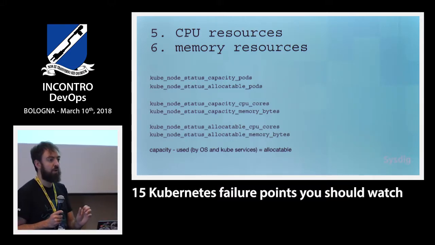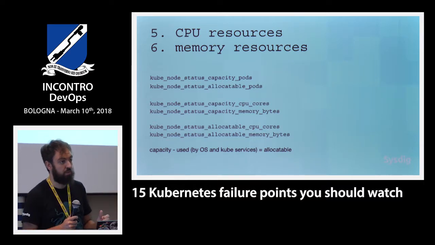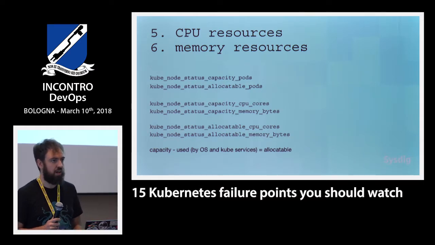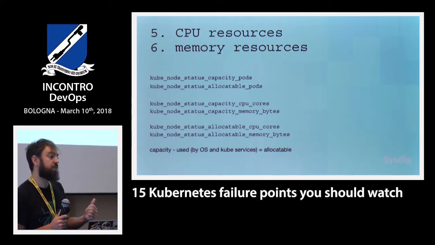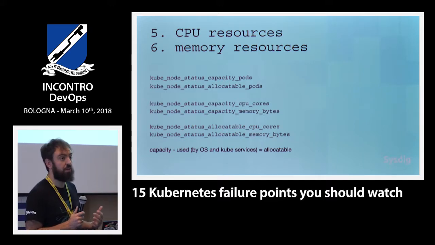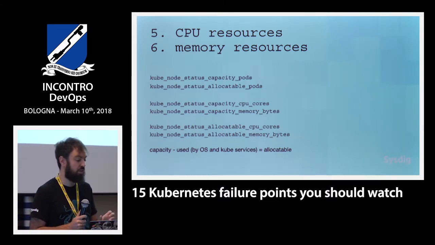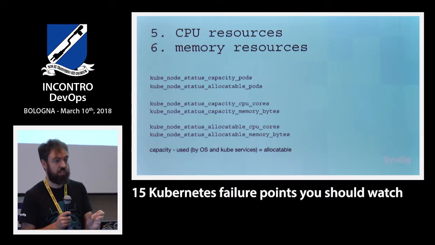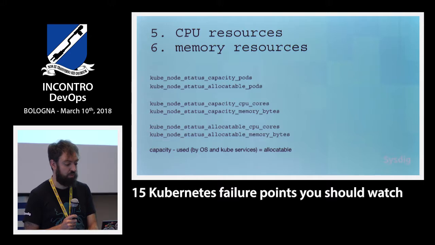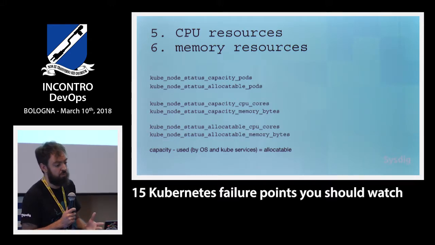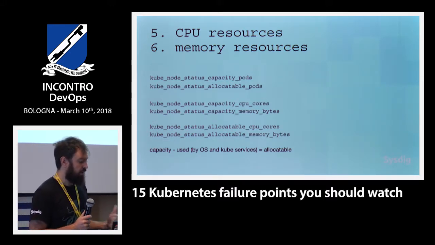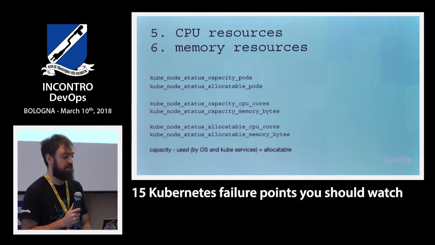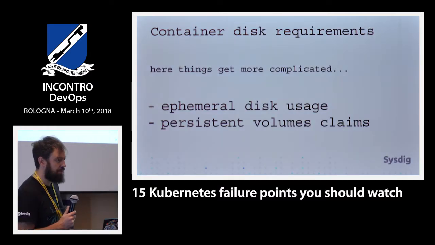We need to keep always some memory and some CPU for operating system services, systemd, crond, all these things, and also obviously for kube-system, Kube internal services. So if you do the maths, the allocatable metric is at the end what is going to be ready for use inside for your pods or containers. So fifth and sixth, CPU and memory resources, we need to make sure we have enough to run pods in